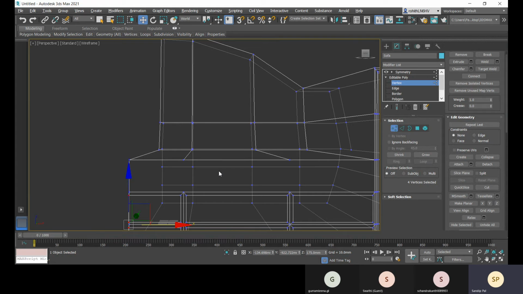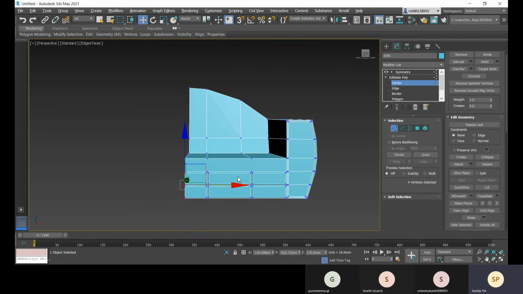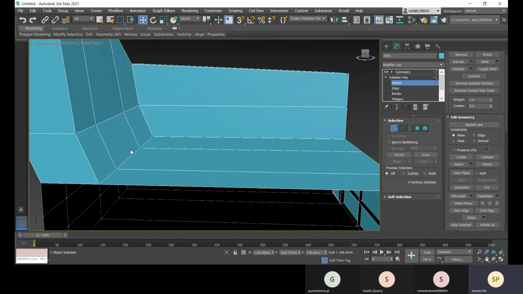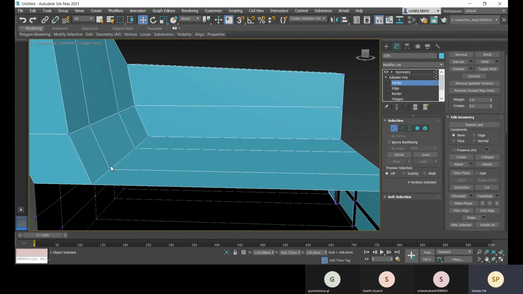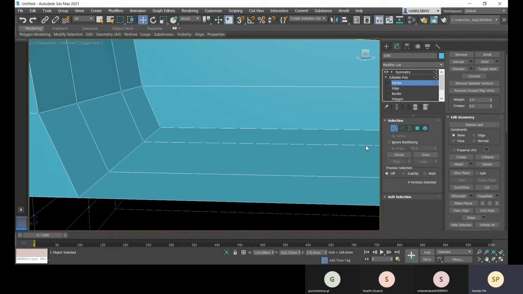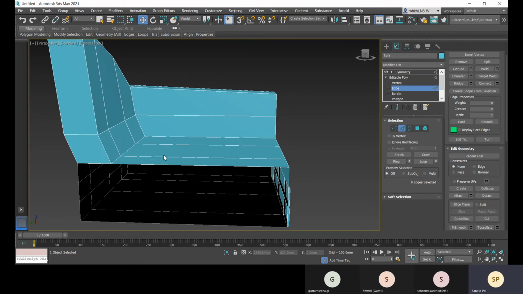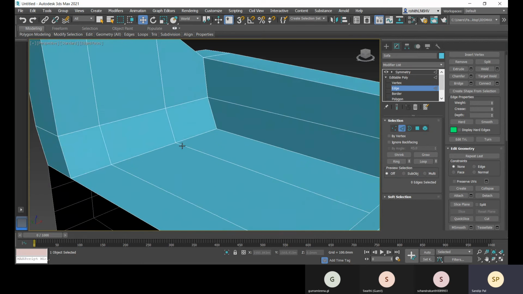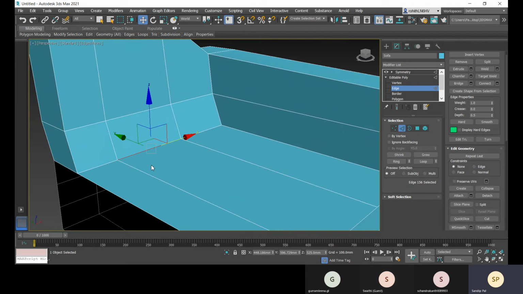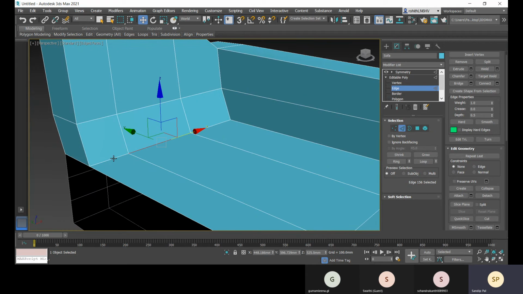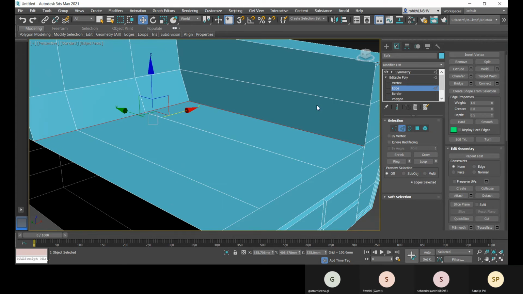Now let me come back to perspective F3. Okay, and for these edges, what I can do, I can add chamfer so that I can have curves here. All right, so let's select all these edges, and then I have this chamfer option.